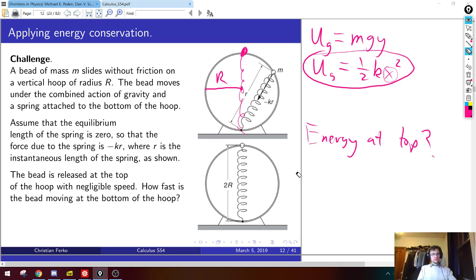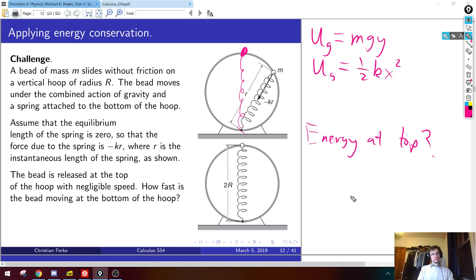I'm going to guess that it is the addition of the gravitational potential energy and the energy of the spring somehow. But that is a guess. Yeah, no, that's correct. It's not a guess. I told you at the beginning that since it feels gravity and the spring force, the potential energy is the sum of these. So what is that sum equal to when this guy's at the top?